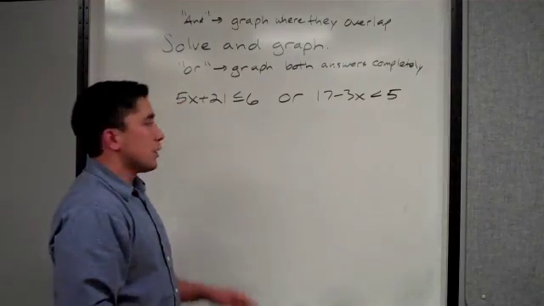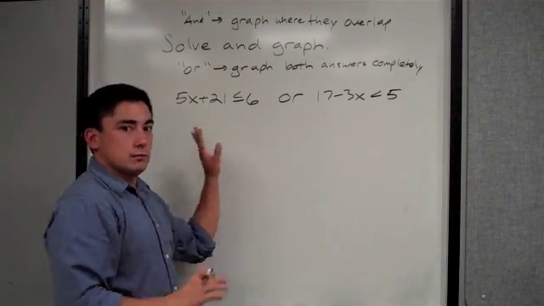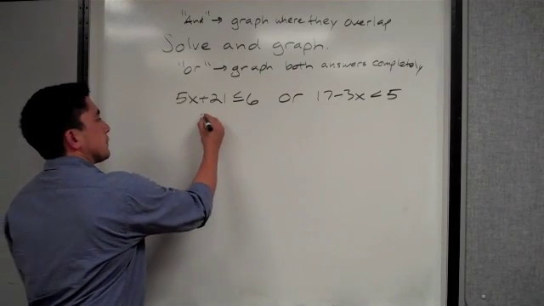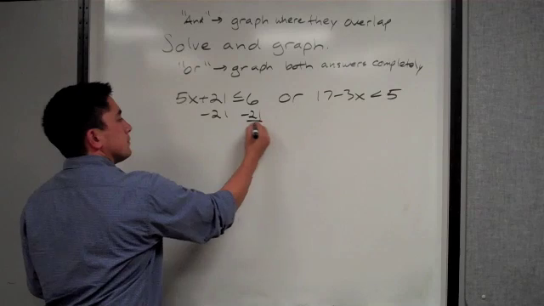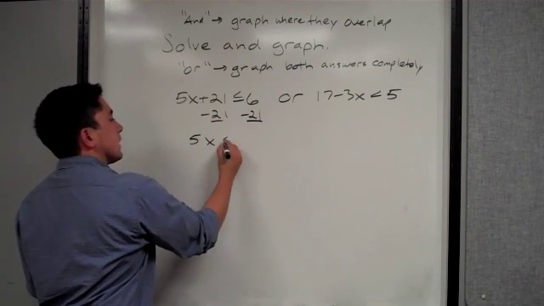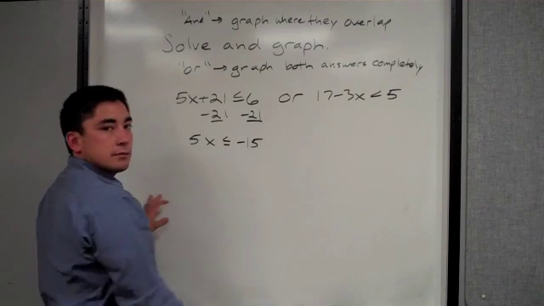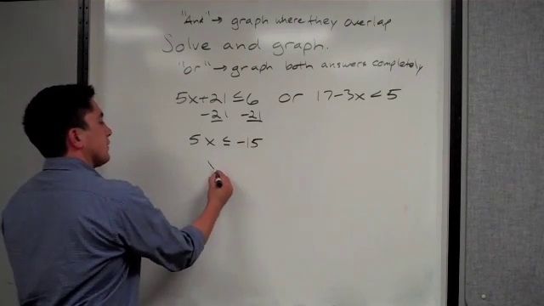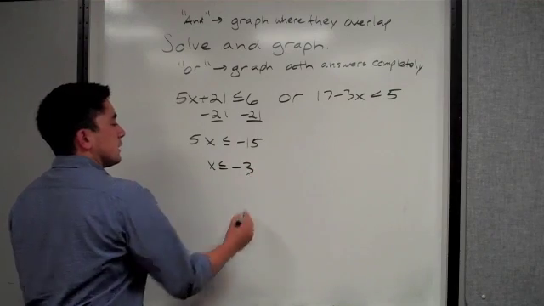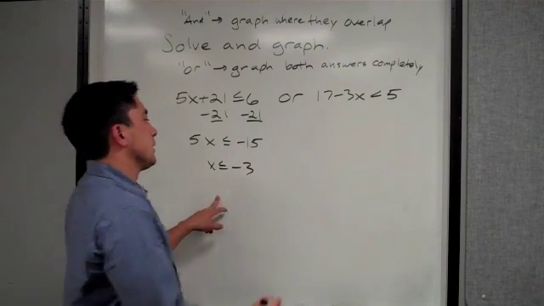So, again, we're going to handle each side separately. So we subtract 21. You have 5x is less than or equal to -15. And then we divide by 5, so x is less than or equal to -3. Or,